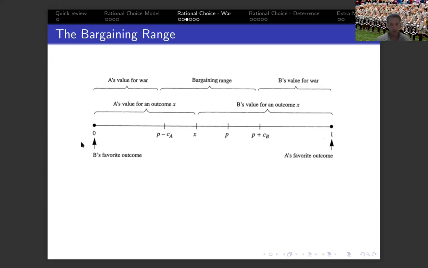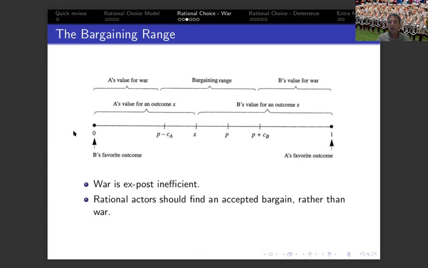The bottom line of all this discussion about all those lines and different letters, which may confuse us, is that war is an inefficient solution, because there's always a possibility to find a solution that is better than war for any kind of actors. Here you can see very clearly how we propose, using this framework, a very general explanation of why it is better to find a solution than going to war. And a rational actor, based on this argument, should always be able to find this kind of settlement.